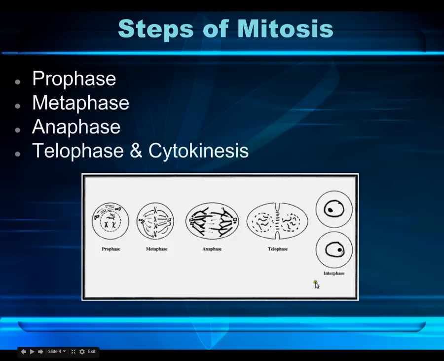Here's a basic diagram of what those stages look like. In Prophase, you have those X-shaped chromosomes. Remember that X-shaped chromosomes mean that the cell is getting ready to divide. So you see those in Prophase, and they're just kind of hanging out. The nucleus here is somewhat visible. They usually draw it as a dotted or dashed line. In Metaphase, the nucleus is completely gone, and you see those X's lined up, those chromosomes lined up in the center